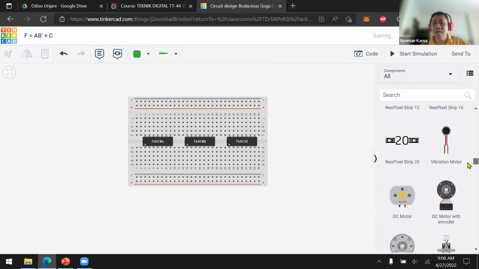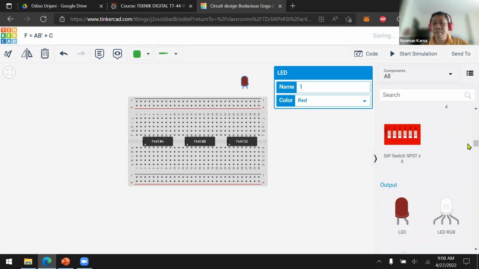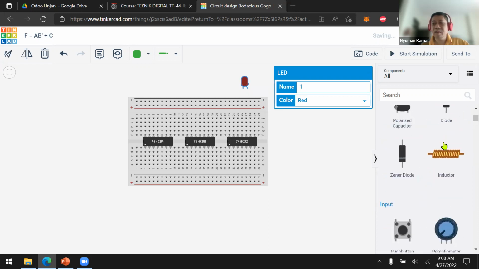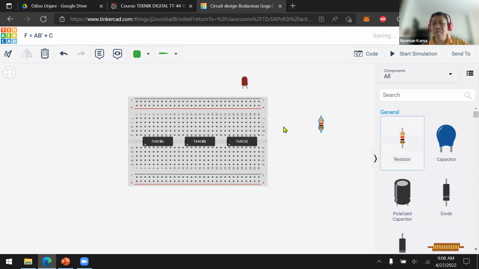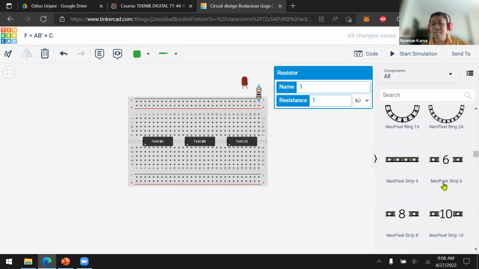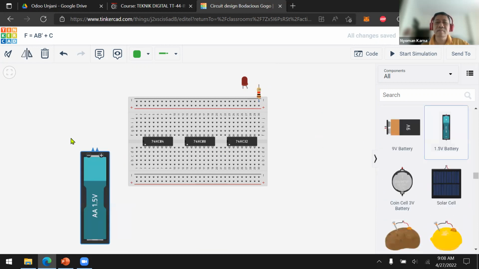Then we also need the battery. We also need the LED lamp. Okay, where's the battery? There it is.